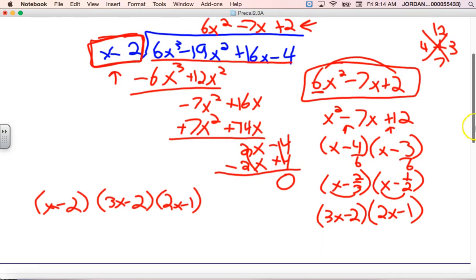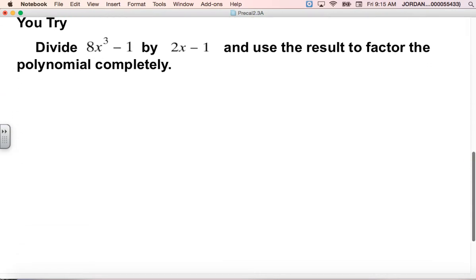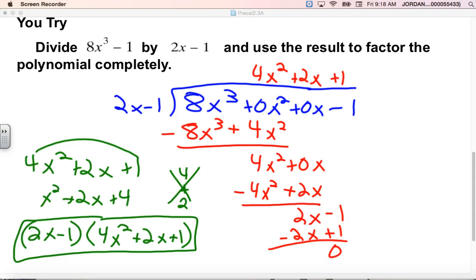All right, so I'll let you try one down here. Give it a try. Go ahead and pause the video, and I'll show you how to do it afterwards. So on this one, you divide, and you do get a remainder of 0. Again, if you have any questions about the work, let me know, but you can look through that and compare